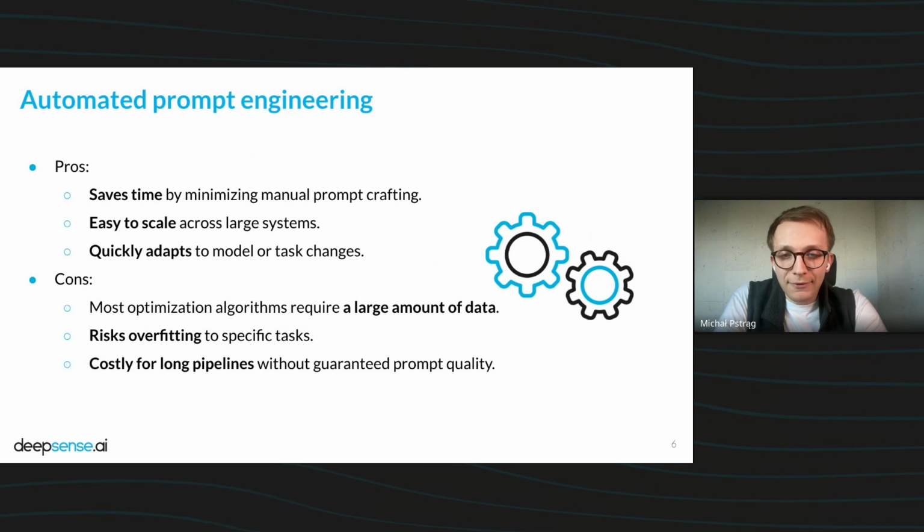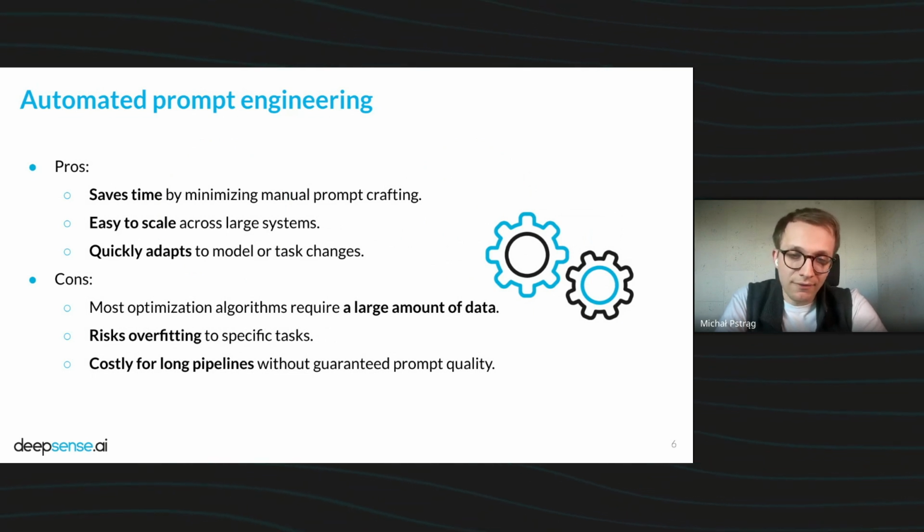So you don't really have to think about how you should change the prompt when you switch the model from GPT to Claude, for example. When it comes to costs, most of these tools for automated prompt engineering have optimization algorithms as the main feature, and they require some amount of data. Most of them, if you want really good performance, require a large amount of data, like thousands of examples that would allow them to